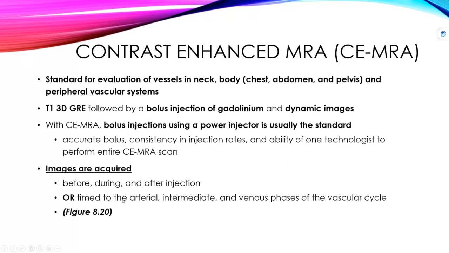Or you can time them for arterial, intermediate, and venous phases of the vascular cycle. So it just depends on what you're familiar with, what the settings of the system are, how the location does it, how the radiologist wants it, etc. But with contrast enhanced MRA, you are going to be using gadolinium to create the contrast rather than the flow of the blood. So if you go to page 287 on figure 8.20,